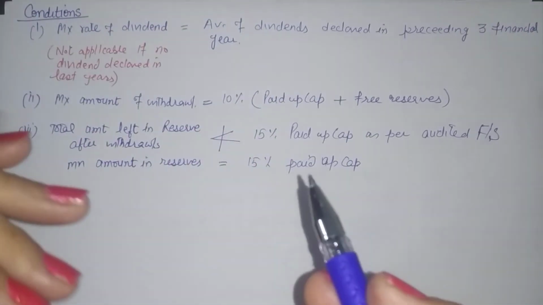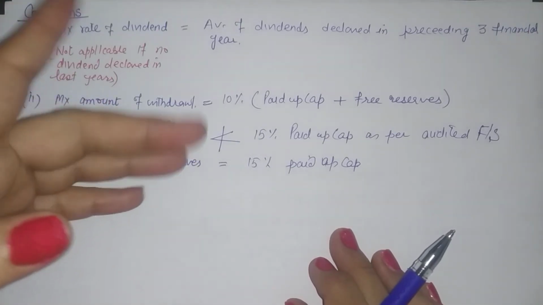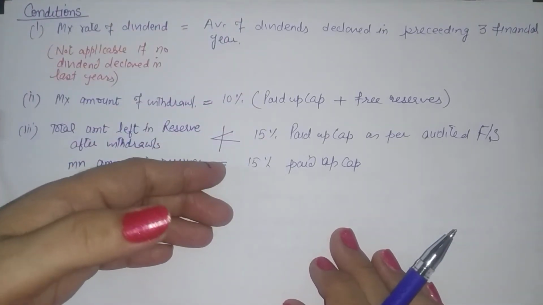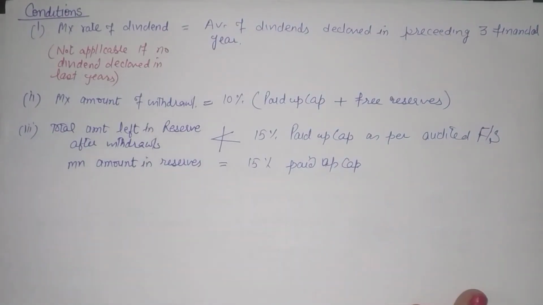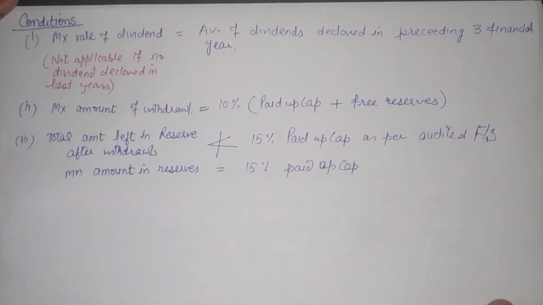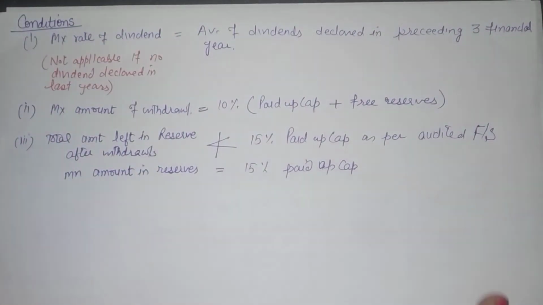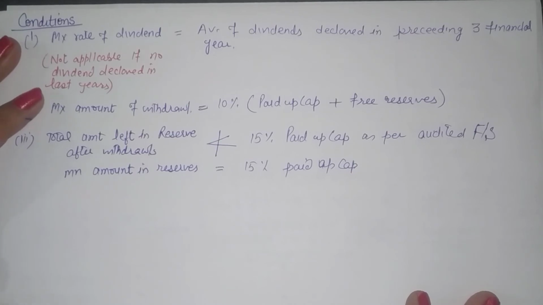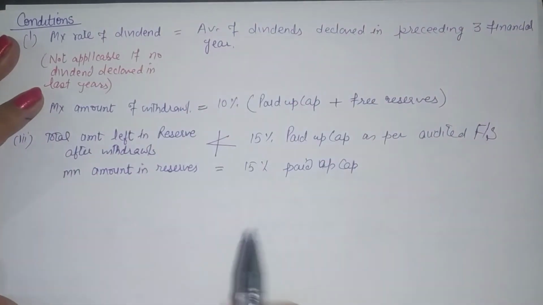I am just explaining the rules for the preceding years also, because when we are solving a practical question, we may be given a question for the preceding years, although it will be a very rare case. And if we are to compare the two situations, then we need to know what was there in the preceding law and what is there in the new law. Right now there is no condition for statutory transfer or regarding the maximum rate of dividend. It is just the average.